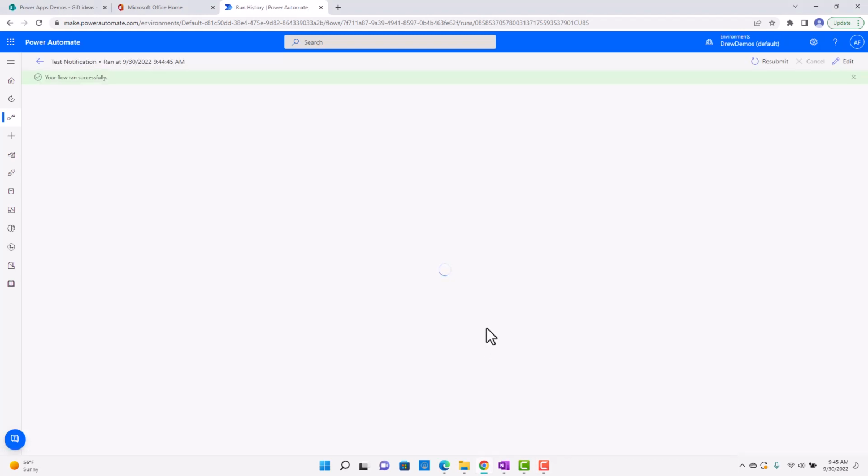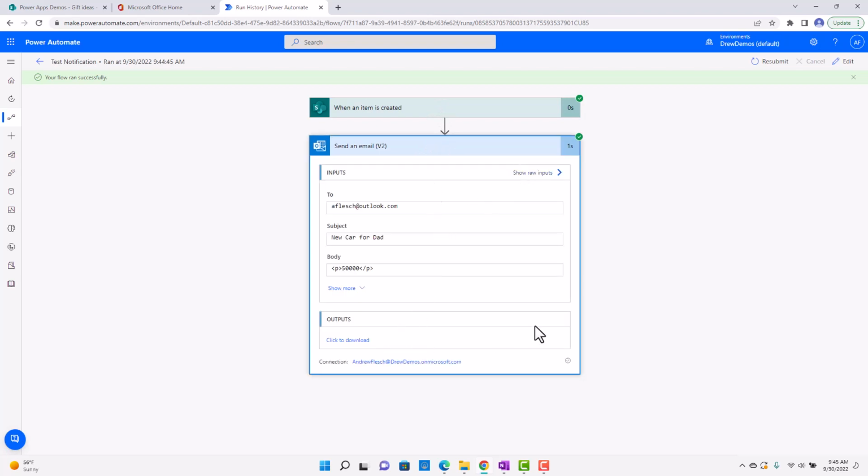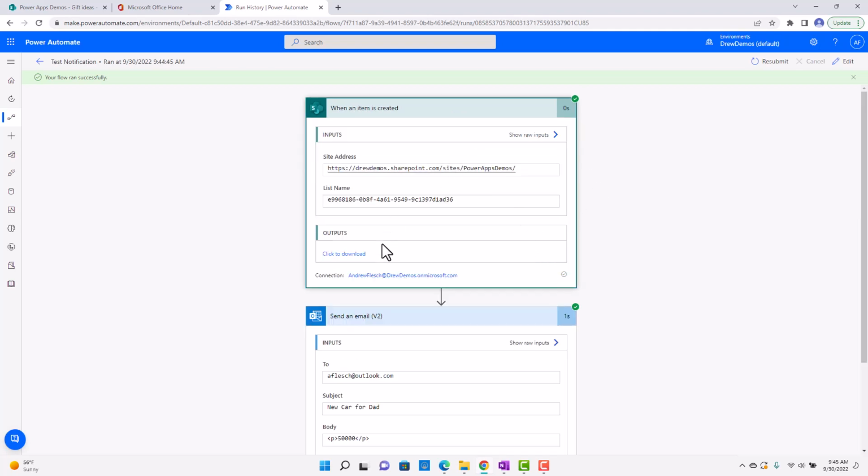And so this is a great feature, especially as your flows get more complicated, because you can come in here and you can see exactly the steps and what it did. And if you have an error, it'll show you where the error is. And it's really helpful if you're troubleshooting flows that are not working or failing. So you can see this,